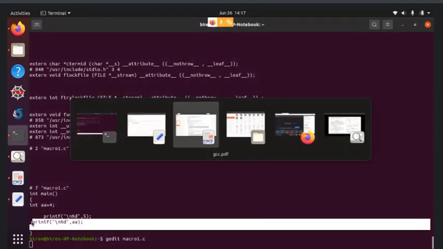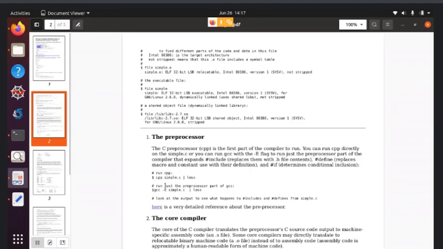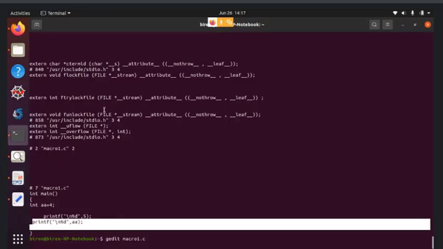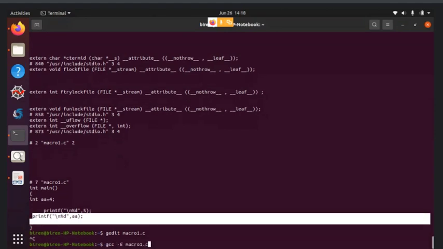In this PDF, again, I will give you this for your reference. Okay, so the first task is the preprocessor. Basically, the preprocessor does some tasks, and then we provide this code to the compiler for compilation, after adding different header files, let's say stdio.h or similar. Now the next step: we have discussed that the compiler checks for syntax errors and generates object code of your main user defined function. For that we need to use this -S option.